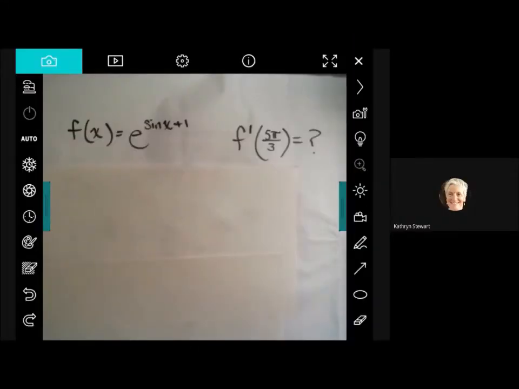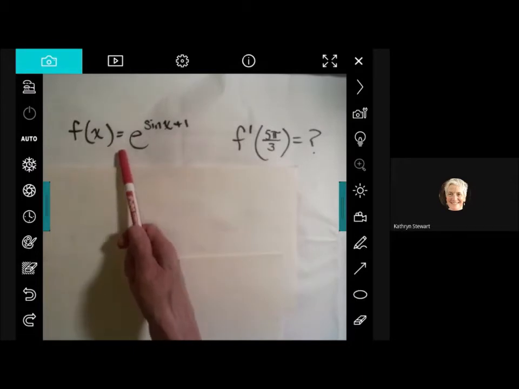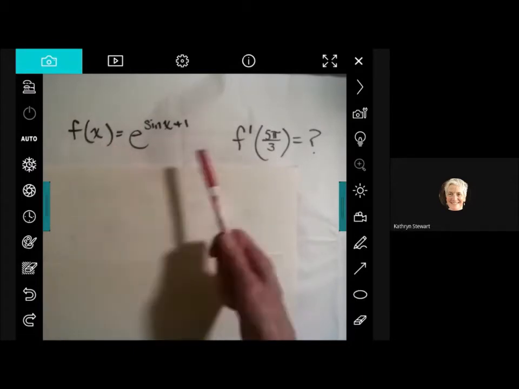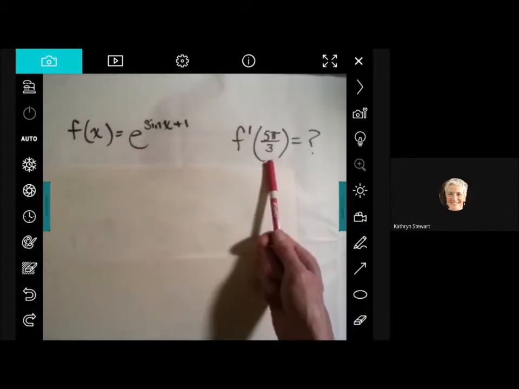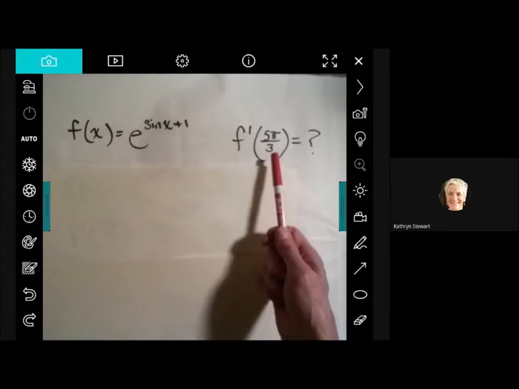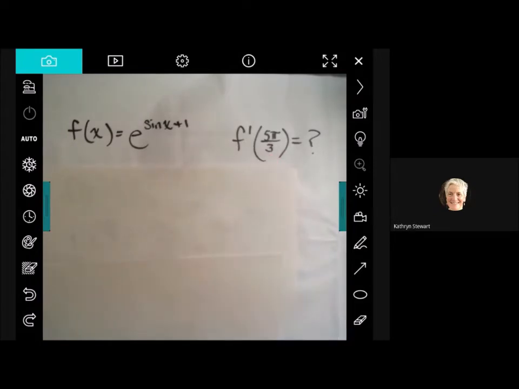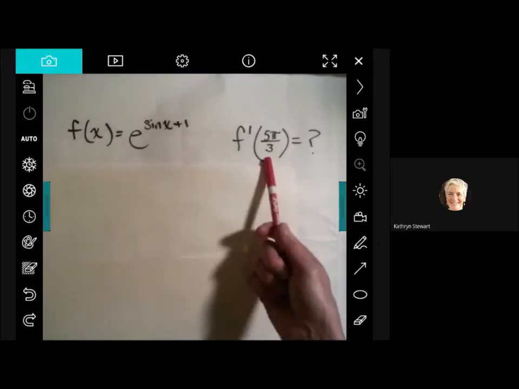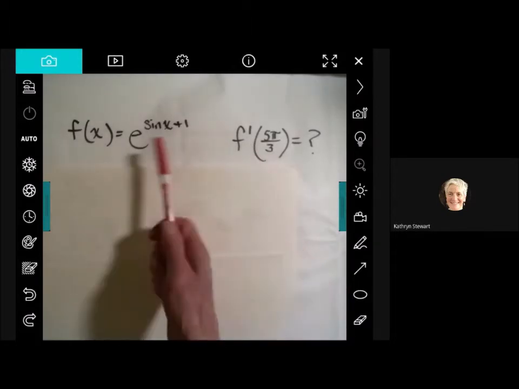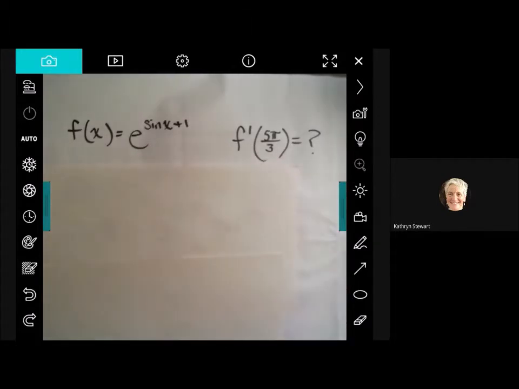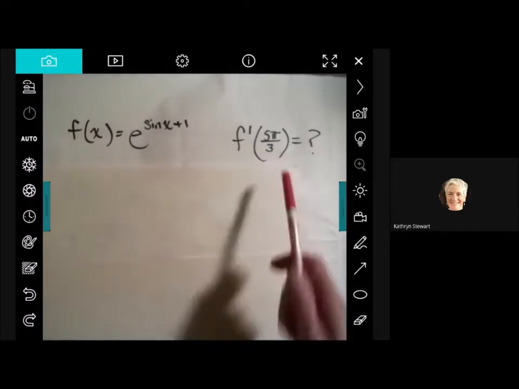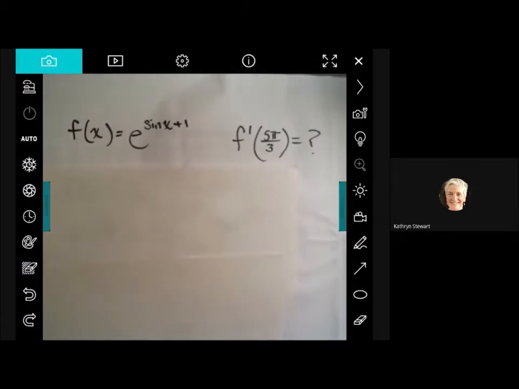Let's look at this derivative. We are going to find the derivative of f of x and then find the actual value of the derivative when x is 5 pi over 3. In other words, we're going to look for the instantaneous rate of change of this function at that moment, or the slope of the function at that moment. All right? So if you haven't tried this on your own yet, go ahead and try that, and we'll just